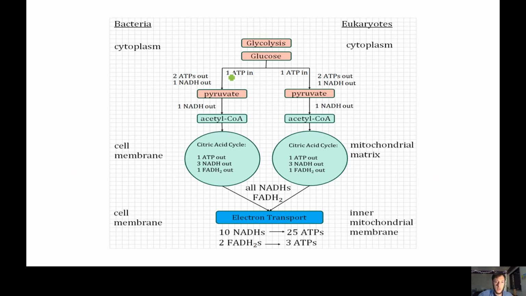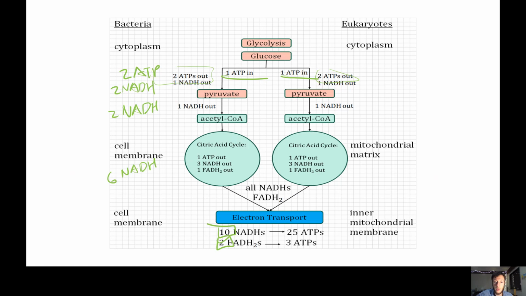See the 1 ATP in and the 1 ATP in, and the 2 out and the 2 out. This is what I was talking about earlier. So our net is 2 ATP for all of this, and 2 NADH. And then here, 2 NADH. And then down here, 6 NADH. So you should be able to know by heart this last part and be able to work through the process